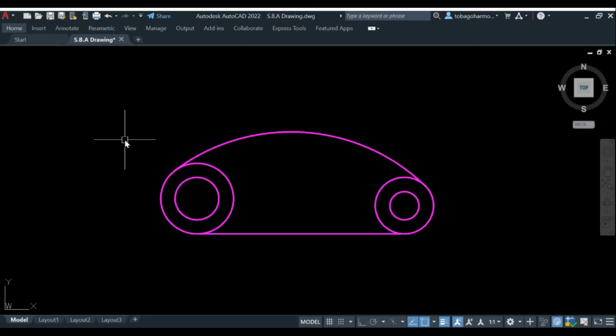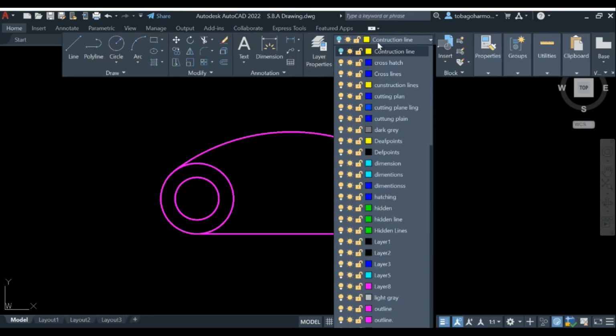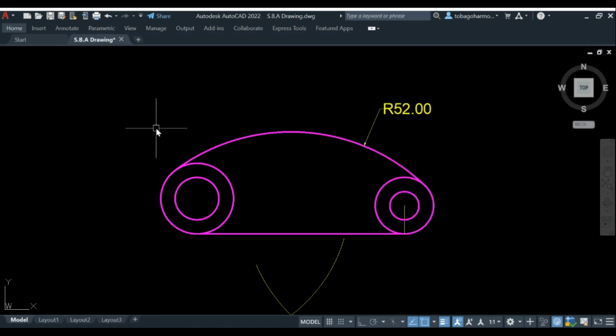So this is the finished product without the construction lines. Let's just dimension it, just to show that everything is indeed correct. So you can see, wait, let me just turn this back on. Alright, great. So you can see that the radius of our outer arc is indeed 52, and the larger circle